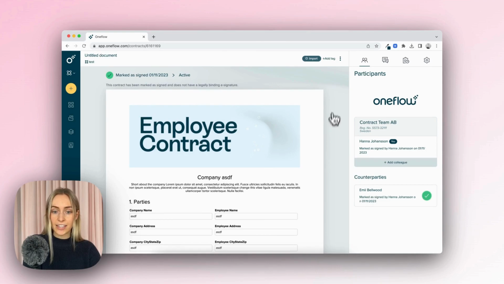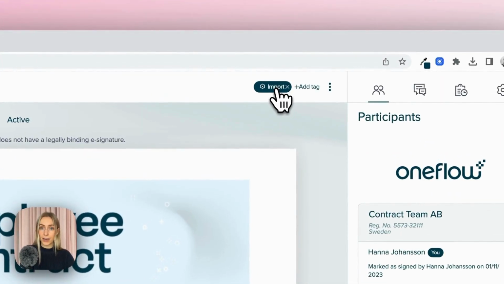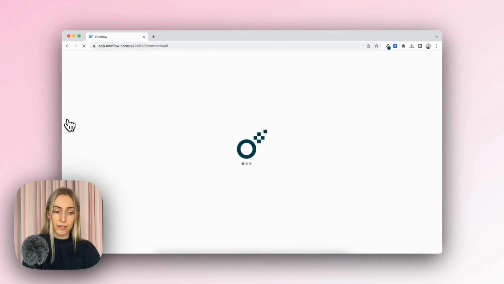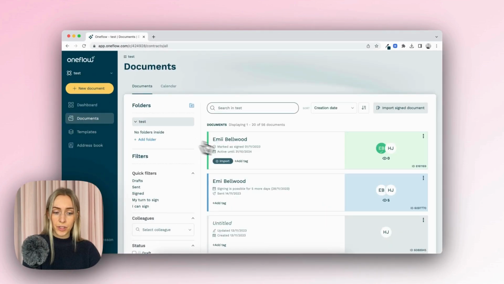This contract is going to have automatically applied an import tag so that when you look into your archive, you can see all of the imported contracts and make it very clear which ones were signed in Oneflow and which ones weren't. Now you may have noticed that when we went to import the contract, there were two different